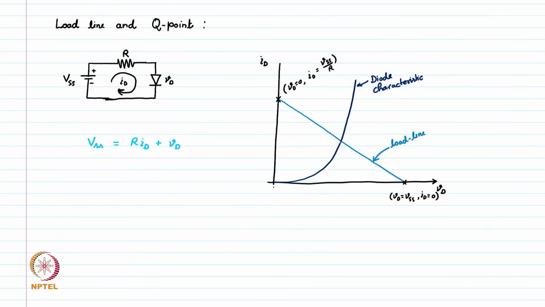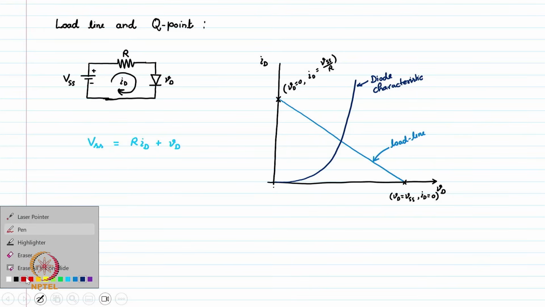So this circuit needs to satisfy both conditions. It has to be on the load line and it has to be on the diode characteristic as well. So the only solution we can find here is the intersection point